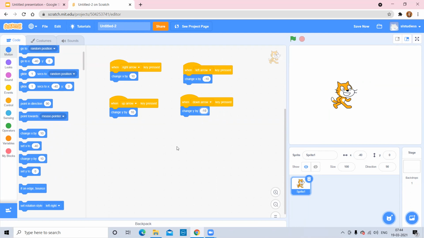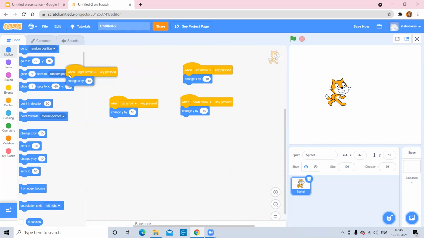So this is a simple way you can program the four keys by using the coordinate system. Now let's run and see. Up, down, right, and left. So these are the ways in which you can move the cat forward, backward, up, and down. Now I want to discuss the third way. If you are confused with the coordinate system and remembering x and y, here is the easiest way for kids.